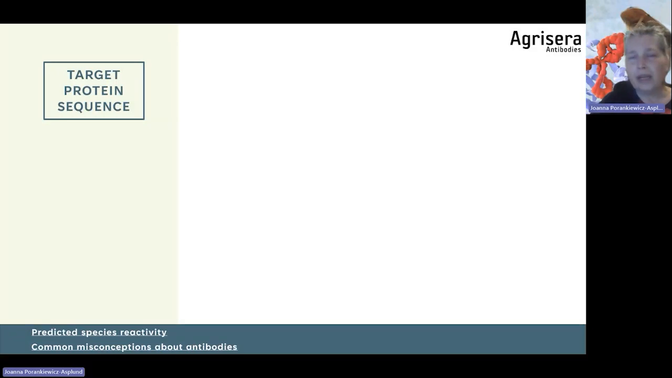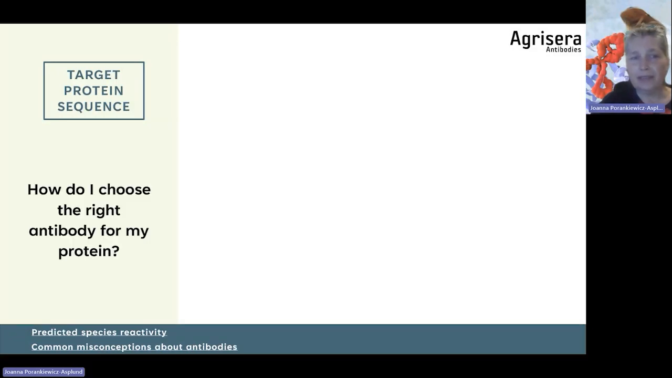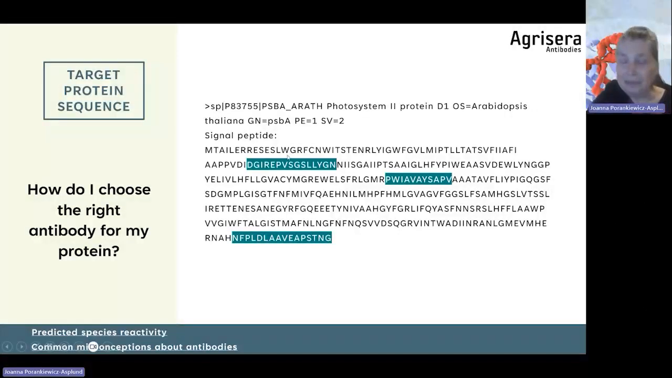And now, how do I choose the right antibody for my protein? That was one of the questions I have received. Here you can see an example of a sequence of a photosynthetic protein, PSBA. And in this case,